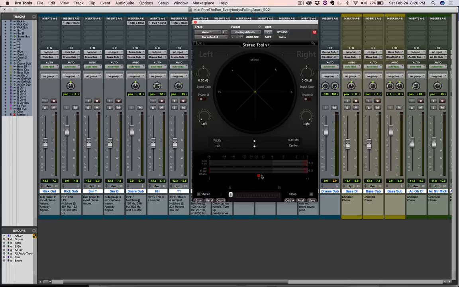Simply put, you want your phase correlation meter, the little box, to be dancing mainly between 0 and +1, and the closer to +1 it is, the better. And that signifies that whatever instruments are being played and monitored at the moment, the closer they are to +1, the more strongly correlated they are, right? And the less cancellation there is between the waveforms, right? So